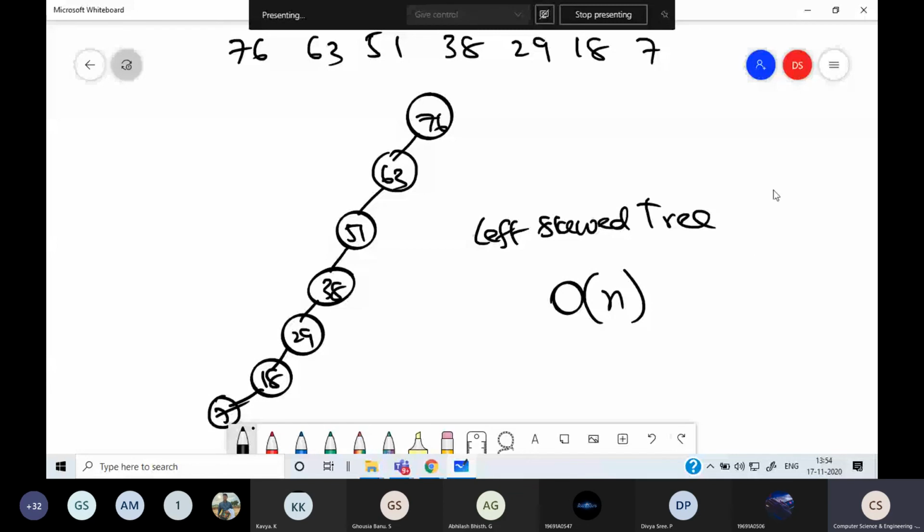So this is some concept about the traversal of trees and binary search trees. A binary search tree is a special tree where some constraint is followed. The root must be greater than or equal to the values of all the nodes in the left subtree and less than the values of all the nodes in the right subtree.